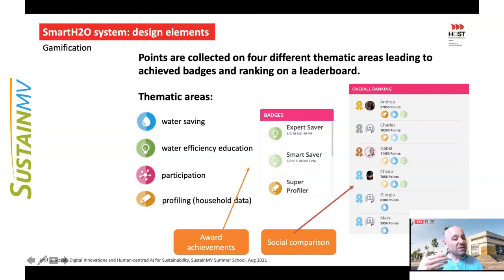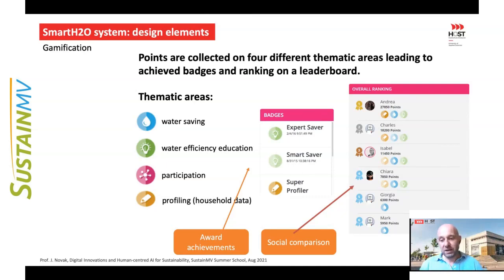So these are also typical techniques that you will see in many similar types of applications, which, if applied well, can actually successfully motivate different types of participation and usage of such applications, especially at the beginning, before the intrinsic motivation about realizing that one can actually do something effectively to save water is formed, which then fuels a more